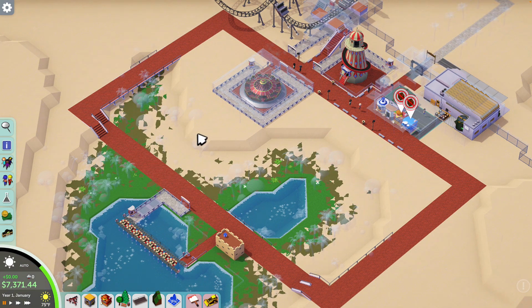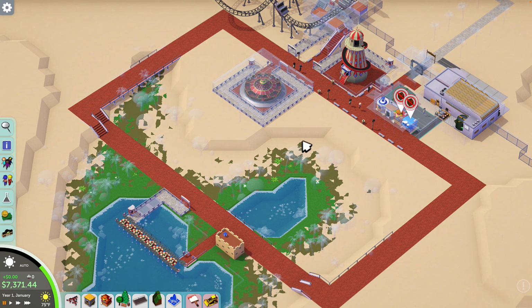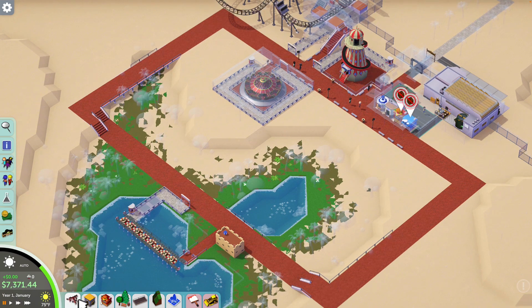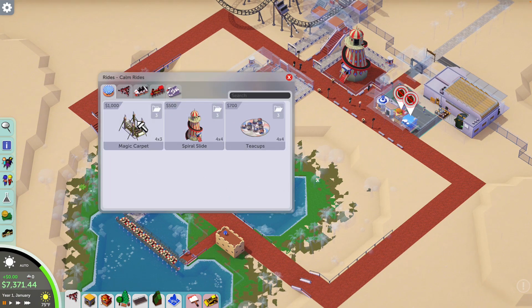I'm good on the coaster front, I think, for right now. We could put another coaster somewhere over here, which we might do in a little while. But research-wise, I think thrill rides are where we need some help. Because we only have 2, correct? Oh, well, we could have the magic carpet as well, which I think I'm going to throw in here. And then we only have the pirate ship, which